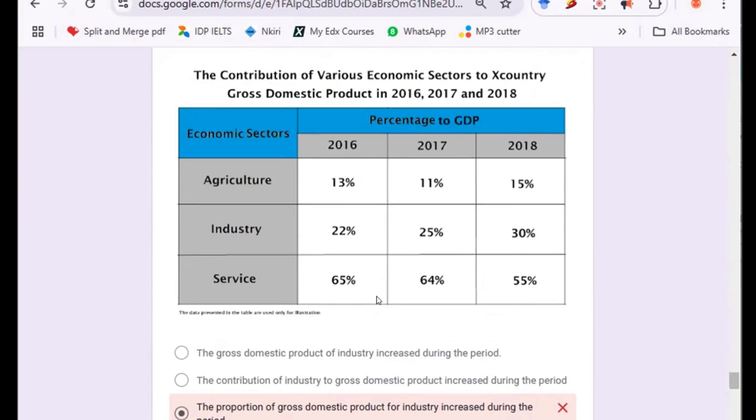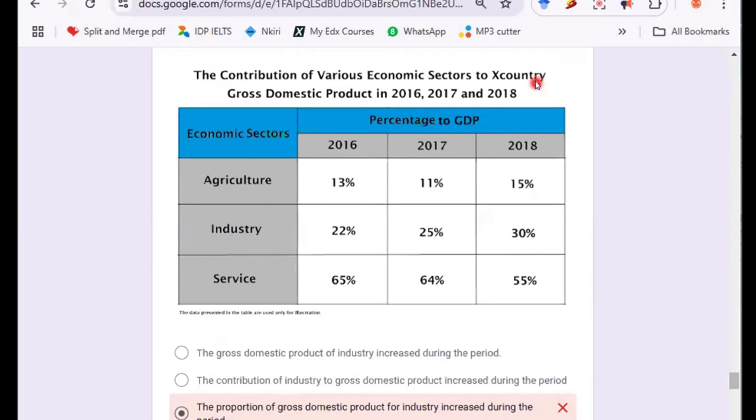So the proportion of industry's contribution to GDP increased. Don't say proportion of industry increased. That's error. The proportion of industry did not increase. No, the proportion of industry's contribution to GDP increased. Let me say something here. Gross domestic product is gross domestic product. Don't paraphrase it. Some people will paraphrase gross domestic product and they will write the product of the country. No. Just leave it as